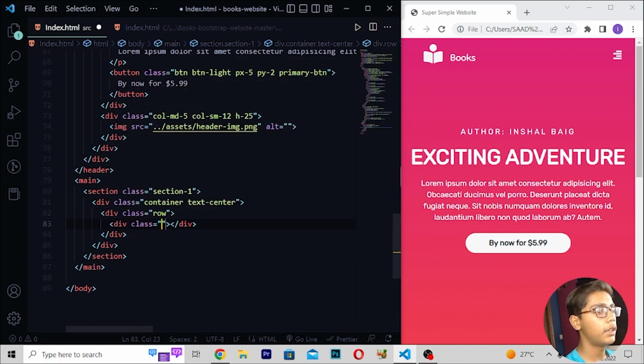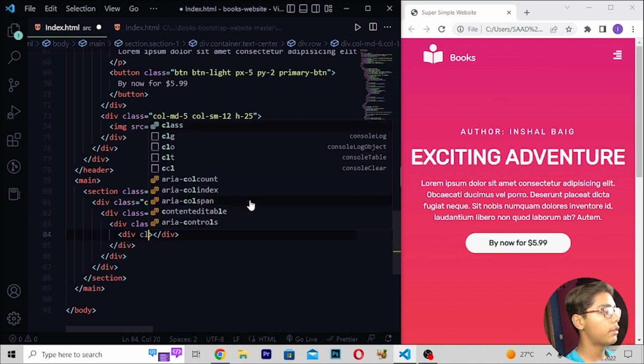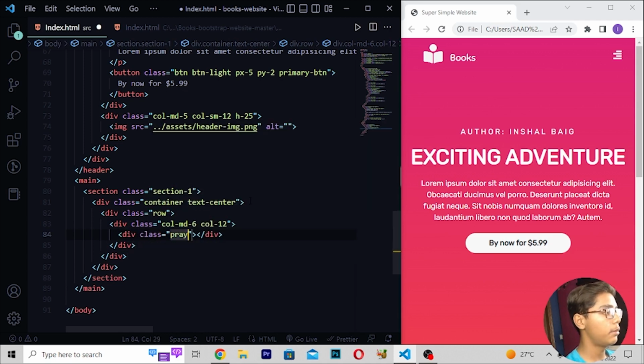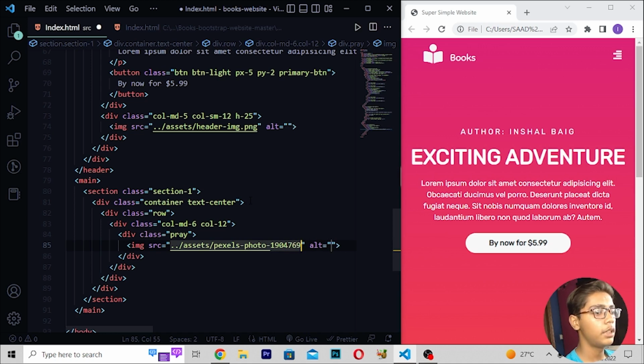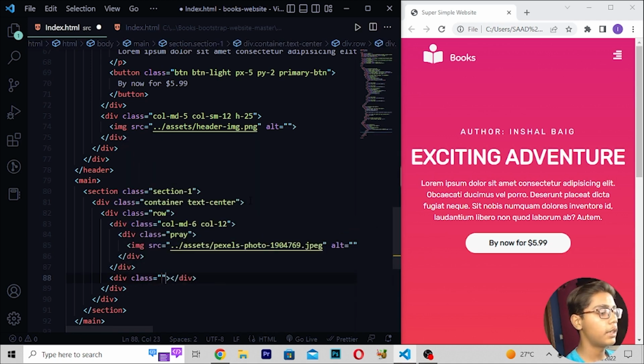So here I will be now writing div class col md 6, then here I will be writing col 12, then here I will be writing div class, and here I will be now writing today like this, then right here image source dot, then here I will be writing /assist, then you have to write pixels dash photo dash 1904769, then here you have to write jpeg. Then when you've written this, here I will be moving down right here div class col md 6, then you have to write col 12,